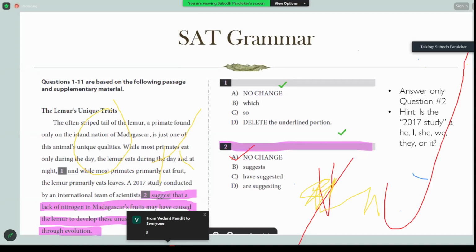I would just focus on the two things, the study and then the tense, whether suggest is the right word to use. So I'm going to give everyone a couple of minutes to figure this question out and why the answer is what it is. So have an explanation for why the answer is what it is. Don't put it in the chat right now, but when everyone is done after the next 5 minutes, go ahead and